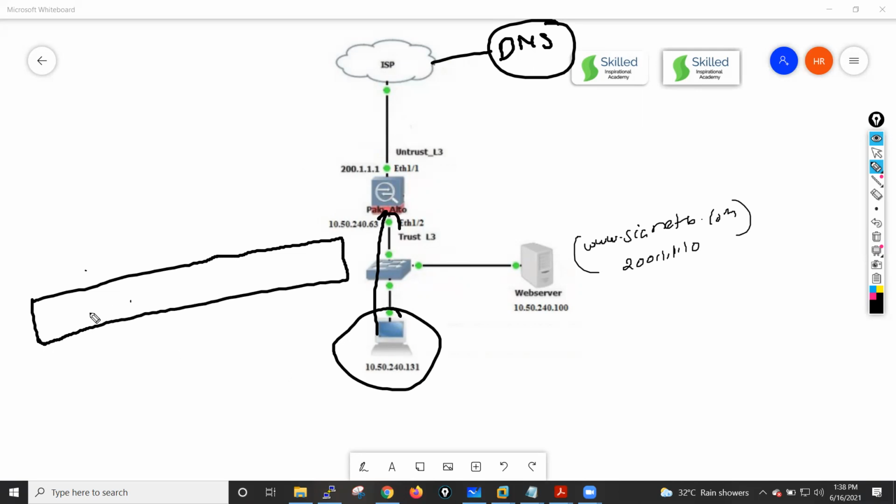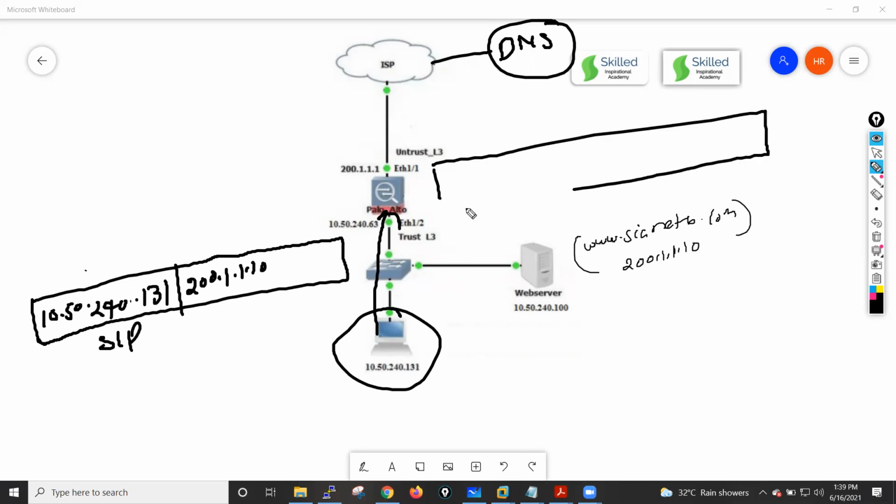The source IP address he will put is 10.50.240.131, and the destination IP address is 200.1.1.10. This packet goes to the Palo Alto. Now Palo Alto will do the NAT translation.